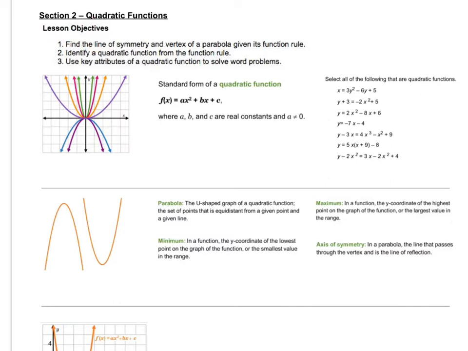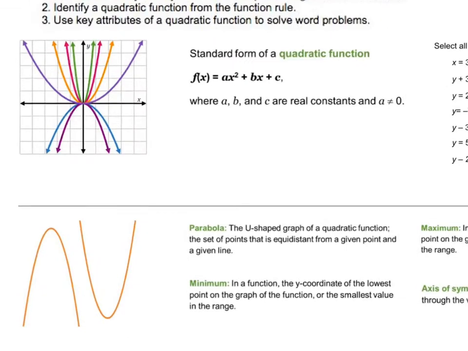Our objectives today: we want to find the line of symmetry and vertex of a parabola given its function rule. We want to identify a quadratic function from the function rule and use key attributes of a quadratic function to solve word problems. So the first thing I want to do is talk about what a quadratic